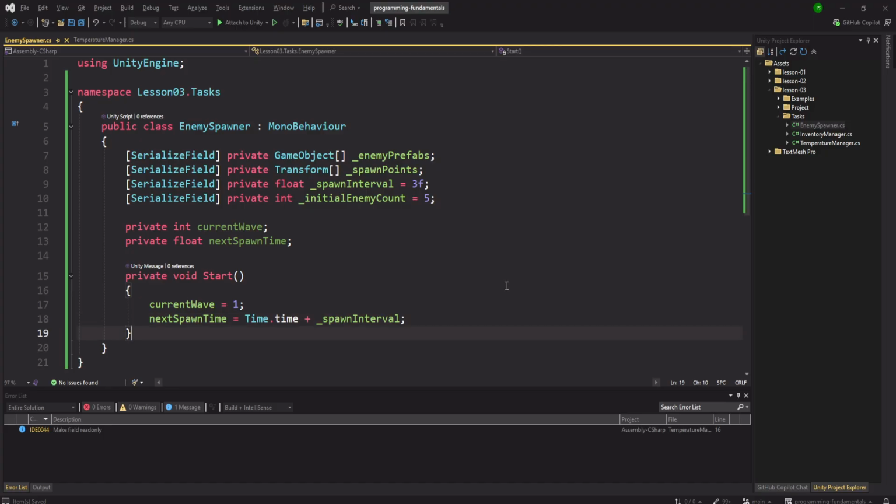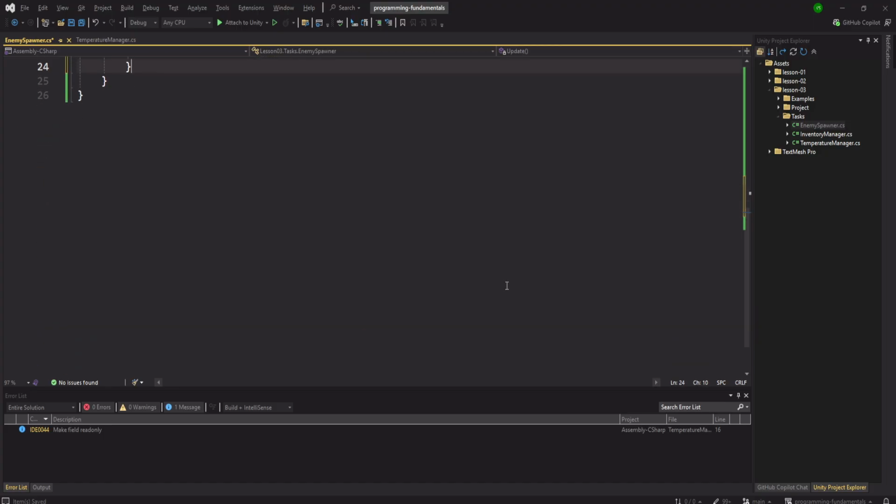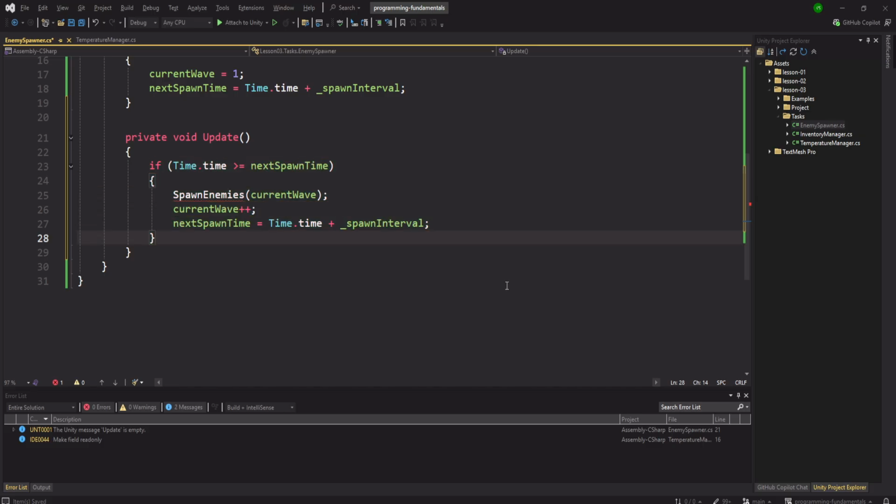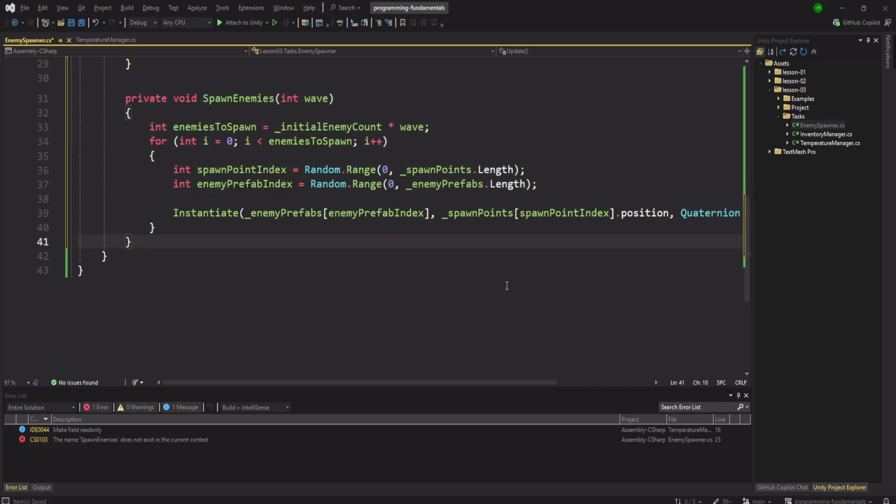And inside our Update, spawn current wave, spawn enemies. Instantiate enemies to spawn: initial enemy count multiplied by wave, and spawn point index, spawn prefab index. Now, spawn index is going to be random, but enemy prefab index we are going to have